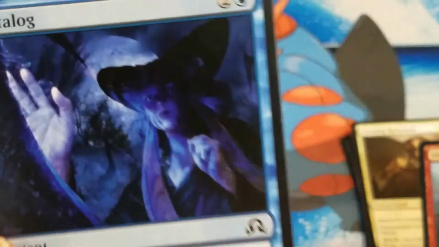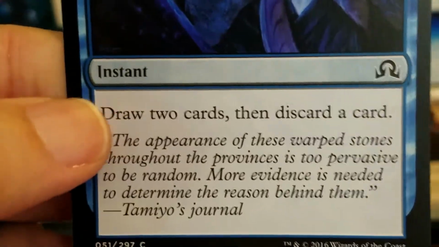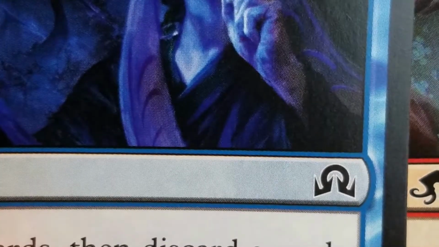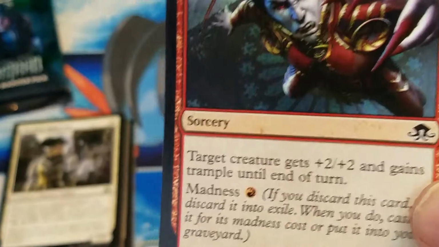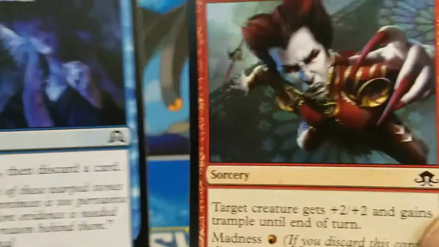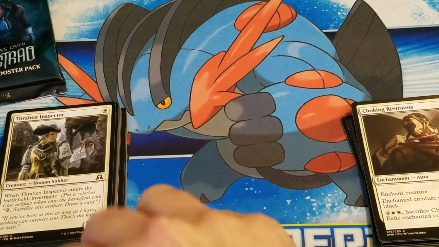Starting off, we have got very cool artwork with a water catalog spell. It is an instant. Draw 2 cards and discard a card. By the way, there is the symbol for Shadows over Innistrad compared to the symbol for Eldritch Moon. They're actually a little similar, aren't they? One's more stylistic. So I'm drawing 2 cards, and Eldritch Moon counters with Distemper of the Blood. Sorcery, target creature gets +2/+2 and gains trample until end of turn. Both very, very effective cards, but since we have no creatures yet, he loses, and I win that battle. That's mine. So 1 point for